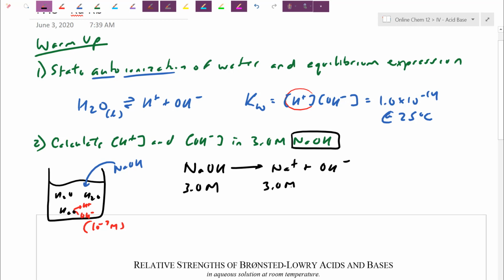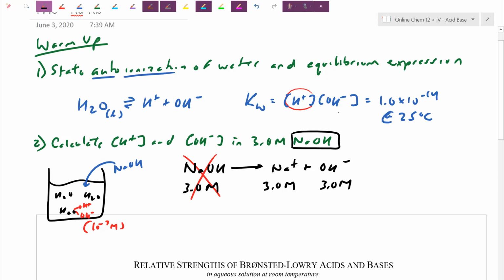That means one-way arrow, 3 molar sodium spectator ion, 3 molar hydroxide ion gets formed. Even though I typically just show my work like that, it is understood that the NaOH is completely ripped apart for it to just remain as hydroxide. So what I've done to this equilibrium expression, I didn't specify change temperature, so I can imagine that this constant